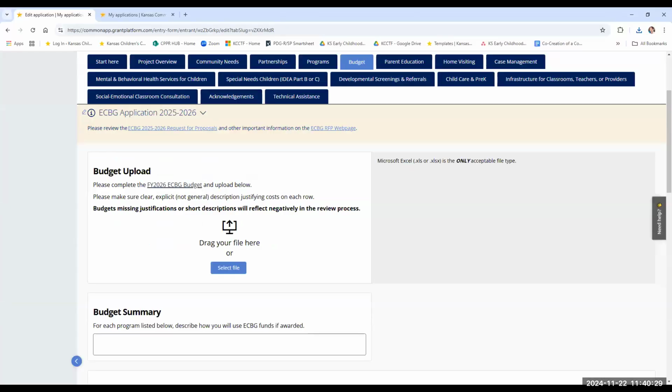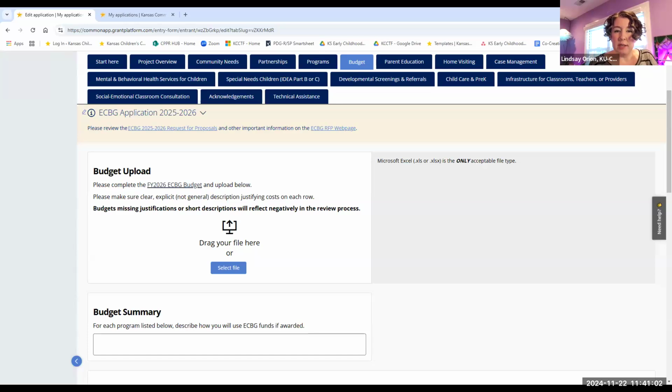Okay, thank you. You're welcome. It looks like Laura has her hand raised. I'm Laura Evans, USD 252. We currently have KPP with our preschool, but we also have childcare where we don't use the KPP funding for the childcare portion. Would we be eligible to apply for the early childhood block grant? Yes. Okay, thank you. You're welcome.